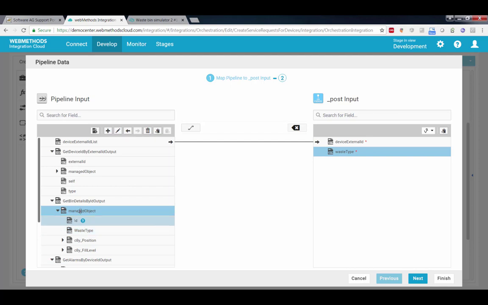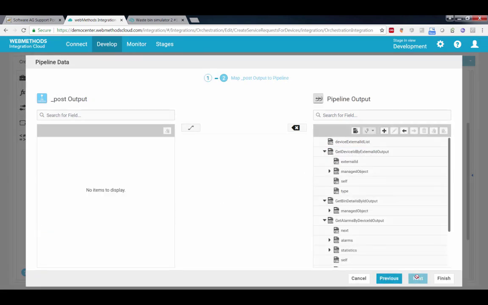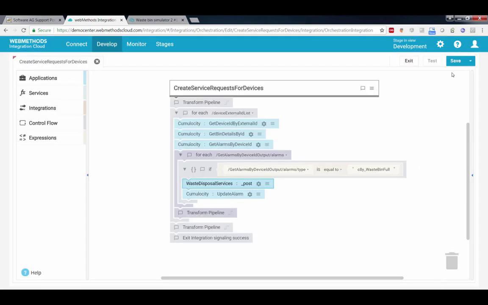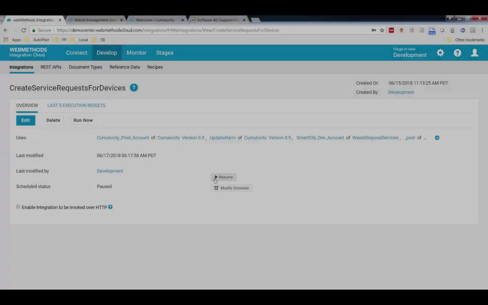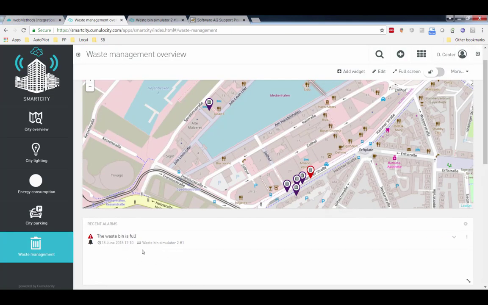So what we now need to do is wire up that particular managed object for the waste type, and we'll wire that up with a drag and drop capability so that we leverage this new waste capability inside of that integration. So we've wired that up now, and we can save that. Now the information is being passed depending on how it's collected. So effectively, we can go back onto that particular environment and restart that scheduled service. What that means is that now when the waste bins get notified that they're full,